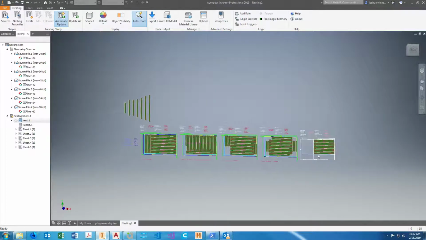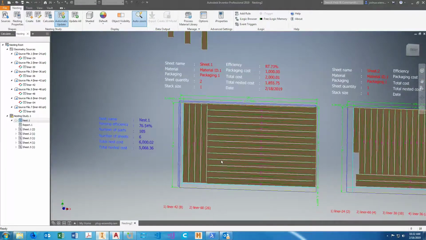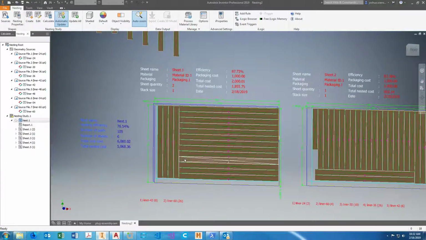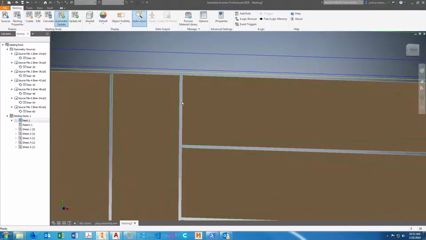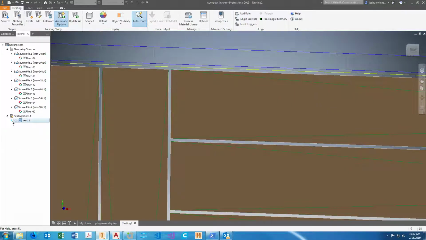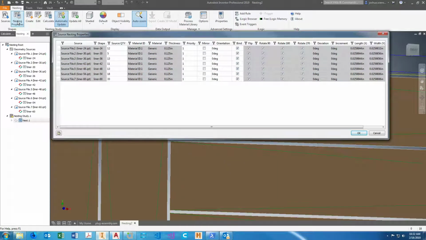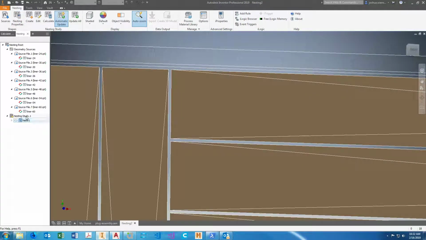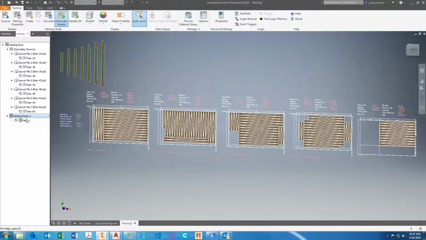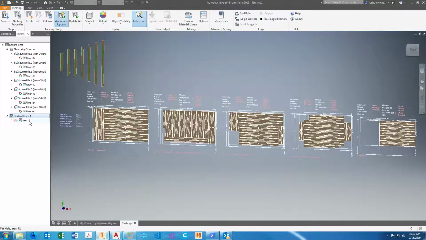All right, and then there are all my sheets that it calculated. Now this one, it did really well. But notice there was never a chance for me to specify the gap between these things. So we'll go in and we will want, I think, no, not options. Nesting properties, no. So if we go to the nest study, I don't remember. So it's this one. You click this, go to